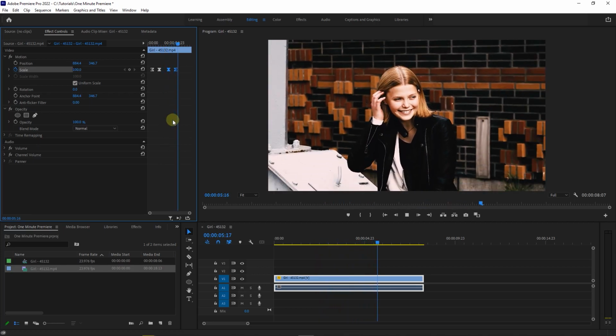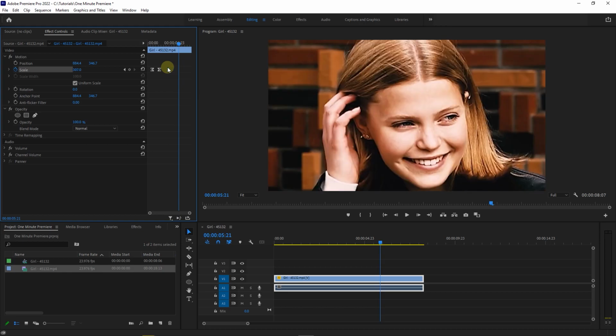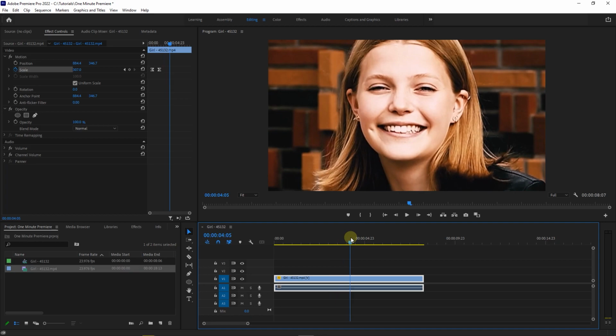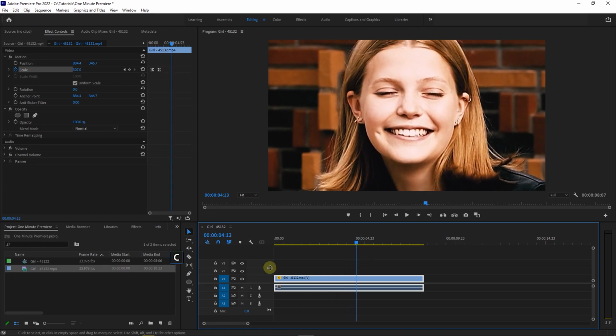Now let's say instead of a transition to initial scale, you want a zoom jump cut to first scale. To achieve this, delete the two last keyframes, move the playhead to where you want the jump back to start, and with Razor tool, cut there. Now select the second part of the video,